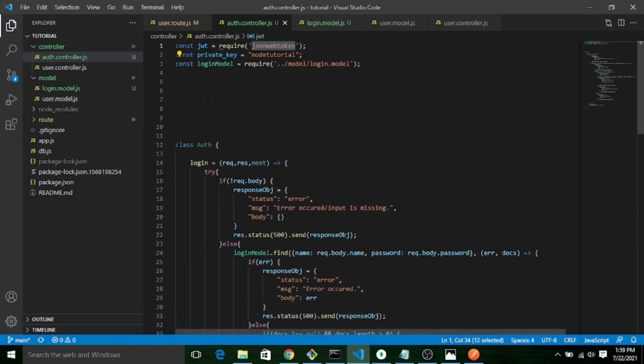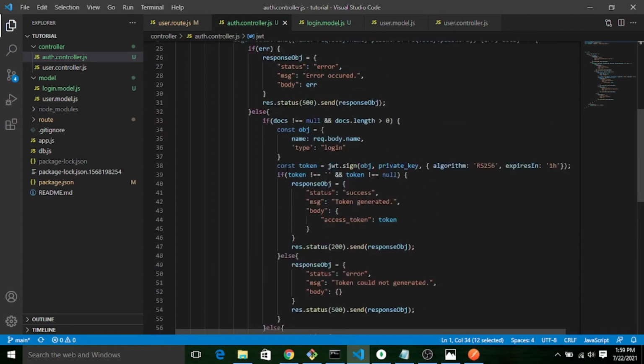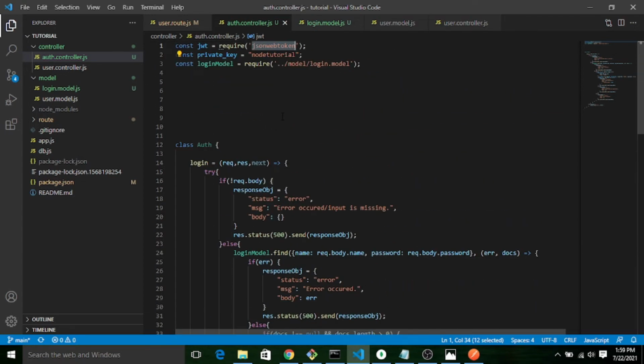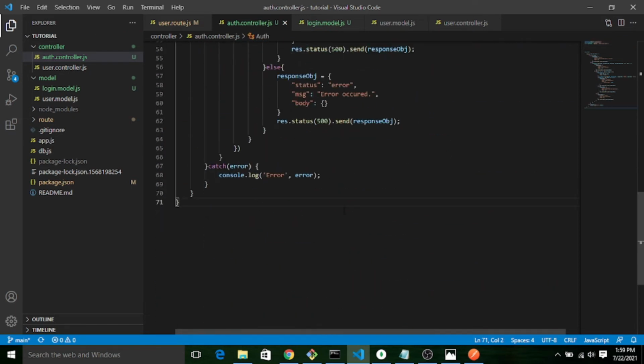So now our controller file method is okay. The method present inside that controller file is okay. We have to export this controller method to our router. Module.exports.